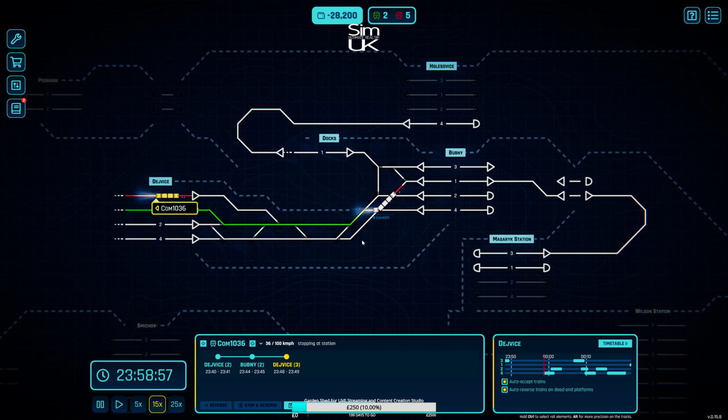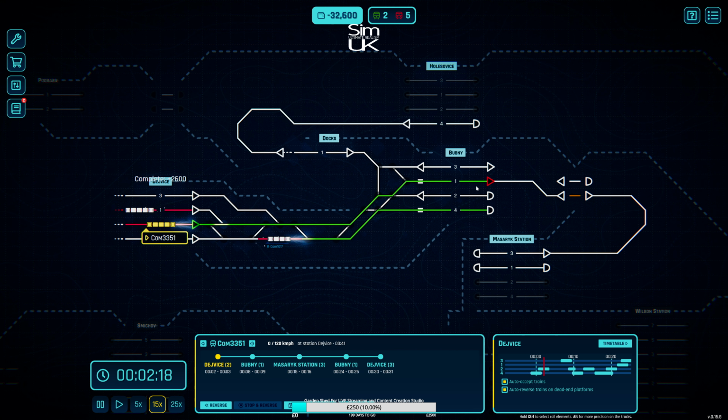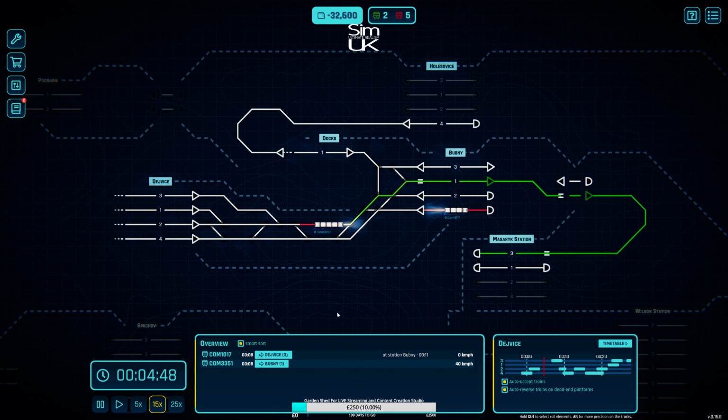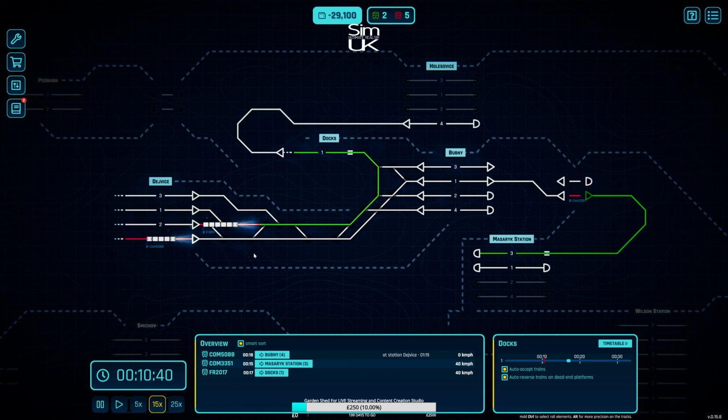Horrific. This is horrific. I'm trying to unlock the next level of complexity. I'm trying to get access to the automated thing. I'm really struggling to get... That's going all the way down here. If I could just change the colour of the train, that would really help me understand what's going on. I guess this overview view is a little easier to look at. But the thing is, when you click on a train...